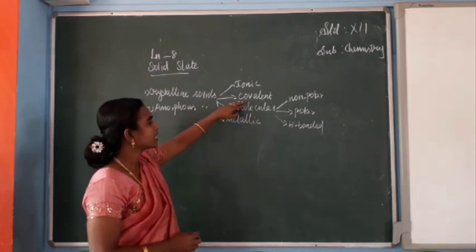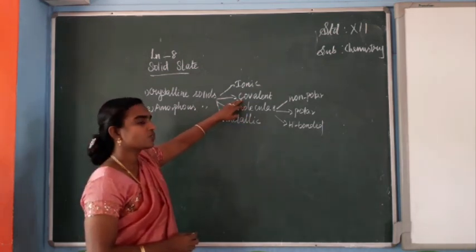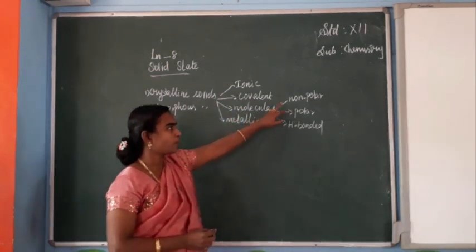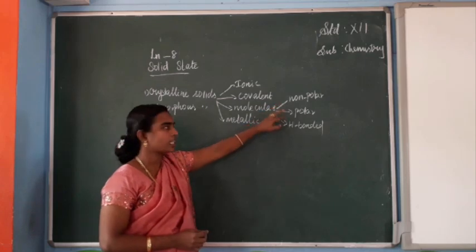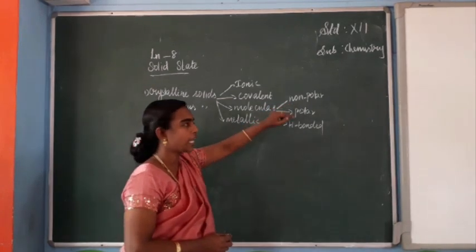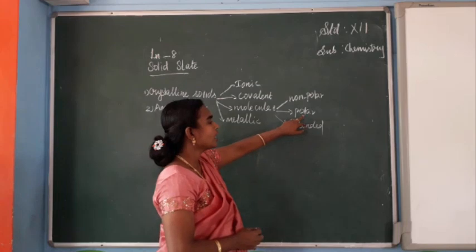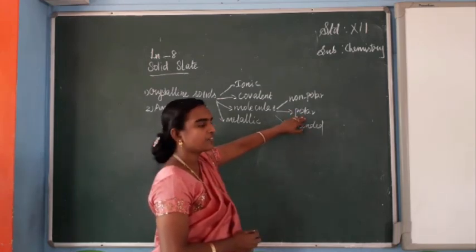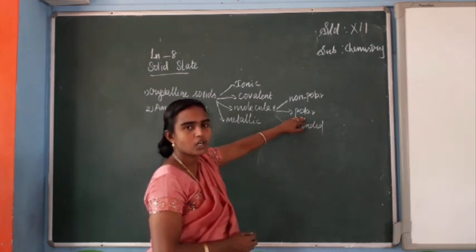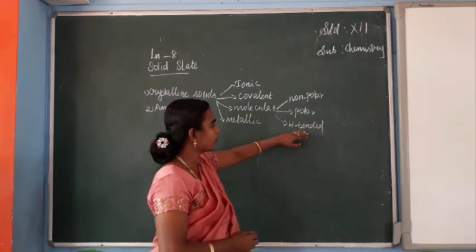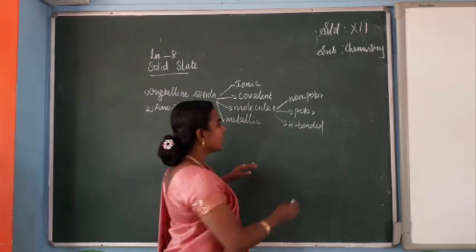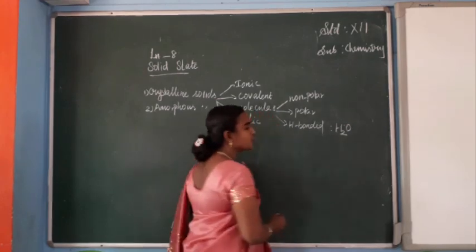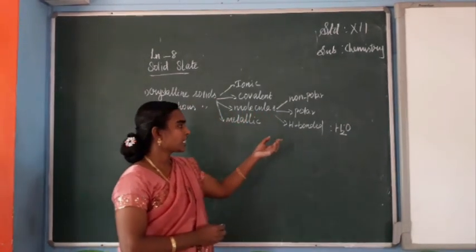Covalent crystals have constituents as atoms, and the example is diamond. It is very hard, with poor electrical conductance. In non-polar molecular crystals, anthracene and naphthalene are examples, held together by London force. In polar molecular crystals, the forces are electrostatic forces of attraction. Solid carbon dioxide and solid ammonia are examples. In hydrogen bonded molecular crystals, the constituents are held together by hydrogen bonds, example water.